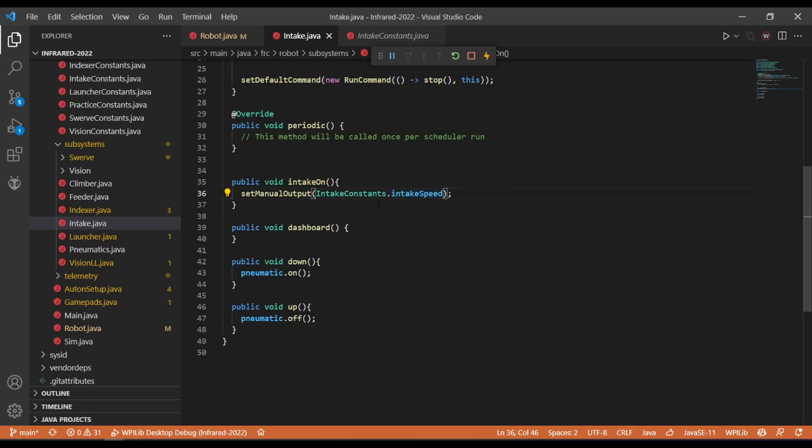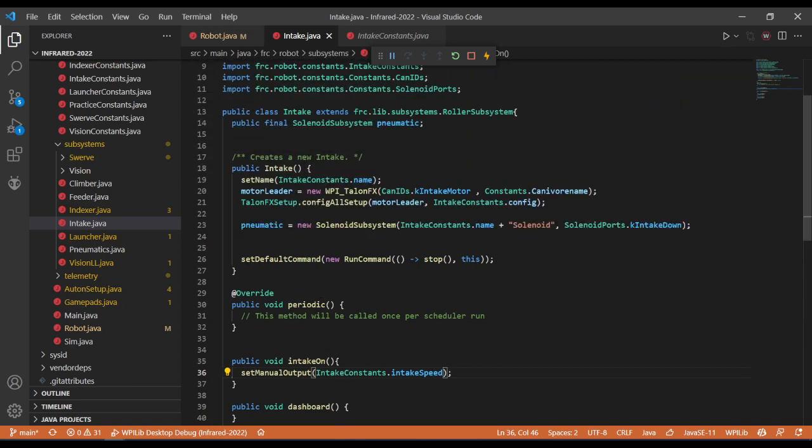So we left it in the simple way. And then it also has a down and up method so that we can move the intake up and down. So it's really not that complicated for some of the basic subsystems. Other things get very complicated, so we're not going to even go through everything that's in Swerve or in some